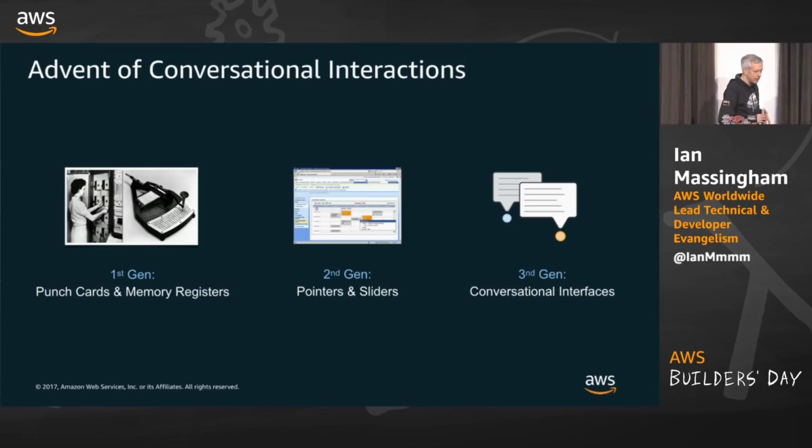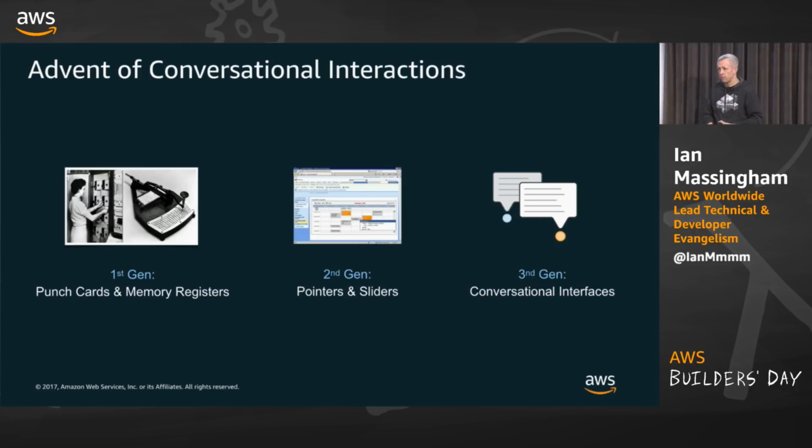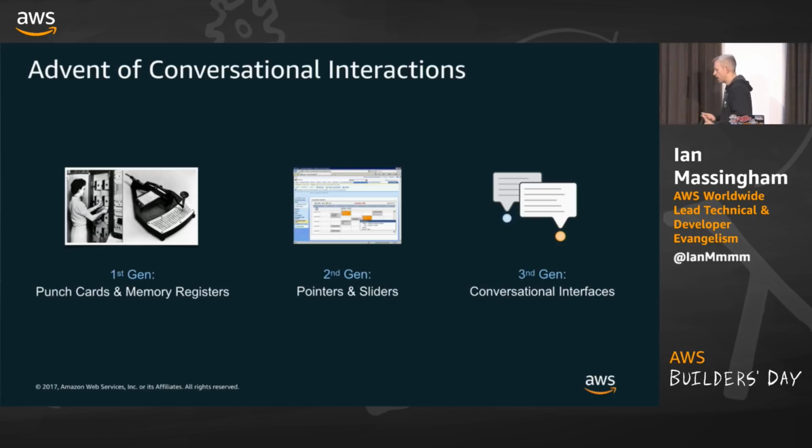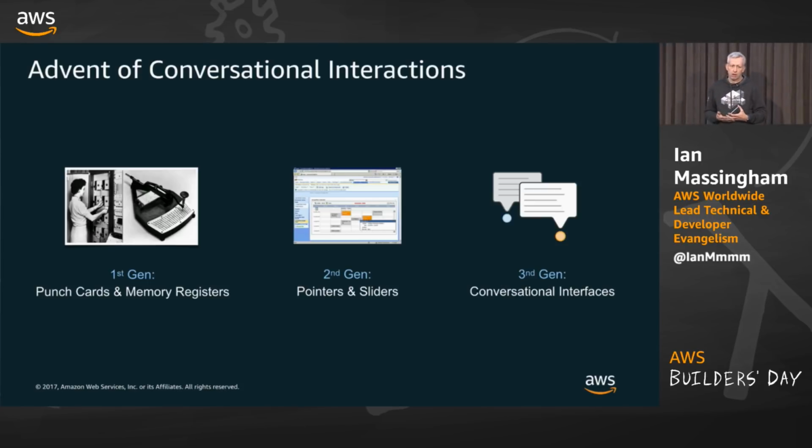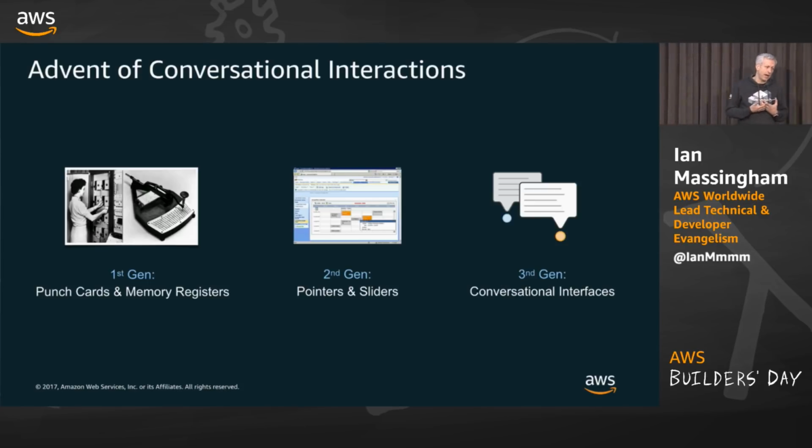What happened in the mid to late 70s was research around alternative interfaces. By this time, the command line had been established as a primary mechanism for interaction. But this is where visual analogs started to come into play. So we're thinking about a couple of things, really. The visual analogs that we're all very familiar with today, like pointers and sliders and folders, menus.